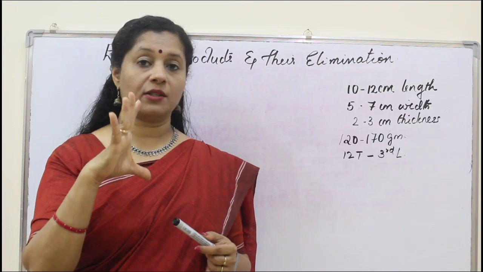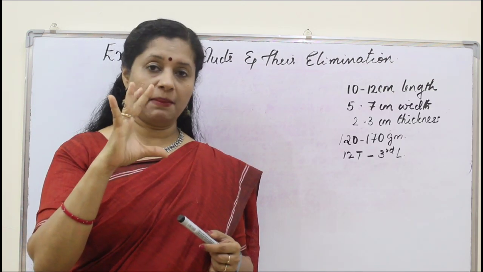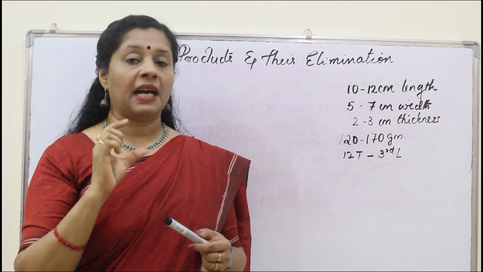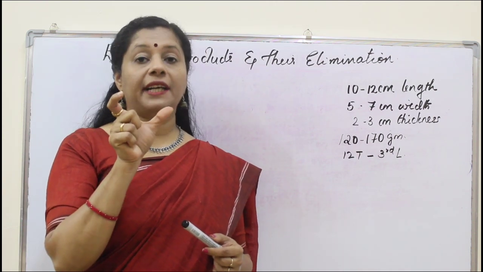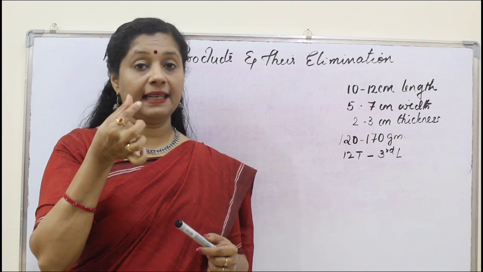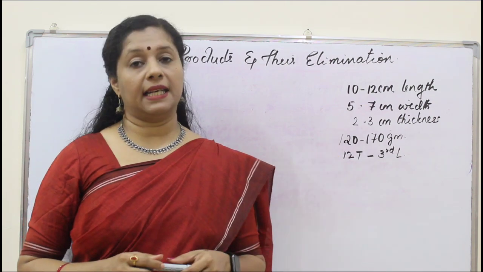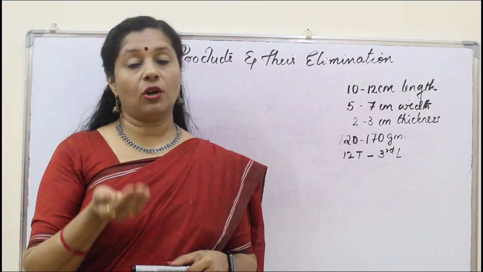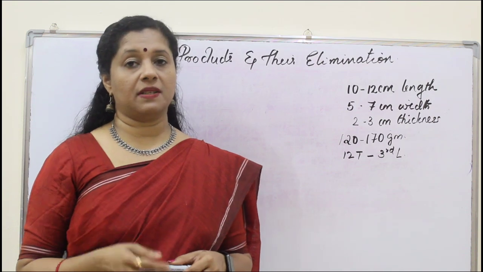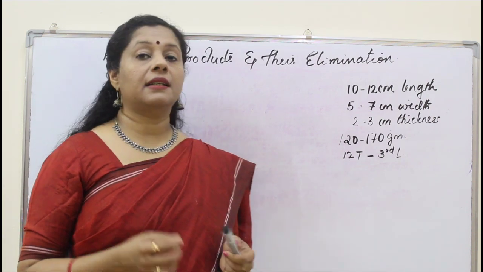Your small scale is 15 centimeter, so maybe 3 centimeter lesser than that. Okay, and what is the width of that? 5 to 7 centimeter, and thickness is almost 2 to 3 centimeter. Now coming to the weight, almost 120 to 170 grams is the weight of each kidney, and it is located